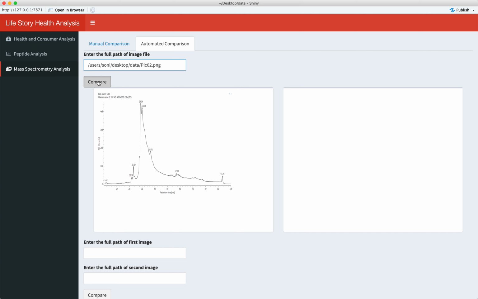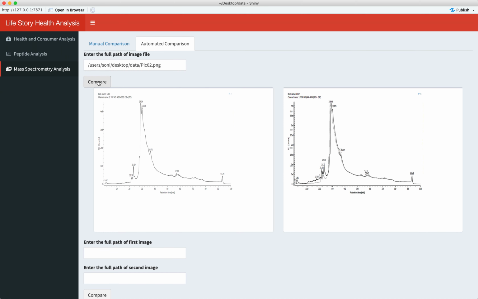and click on compare, the new plot is overlaid by the reference plot. And looking at this, we can say that the intensity is high between 28 to 29 minutes retention time, and also we can observe the straightforward differences between the various peaks and outliers in both images.